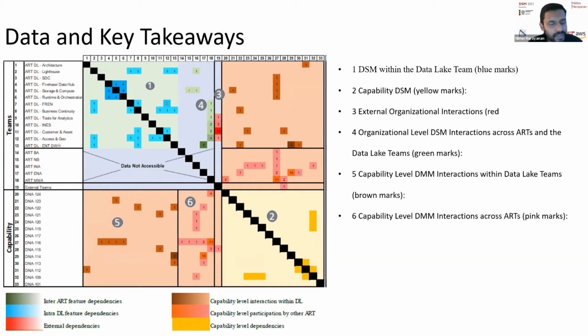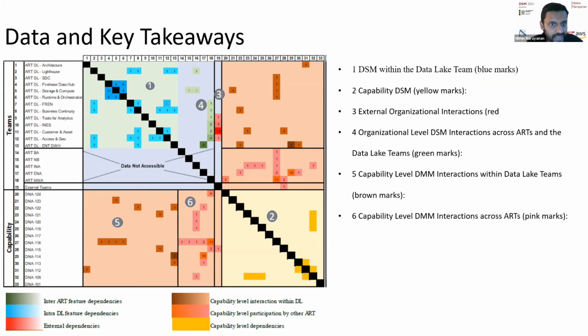They have 4 features which form a cyclic dependency. So this means that these teams have to work really closely to deliver these features. So the information flow between them can happen back and forth, and they have to have specialized coordination mechanisms in place in order to deliver these features.